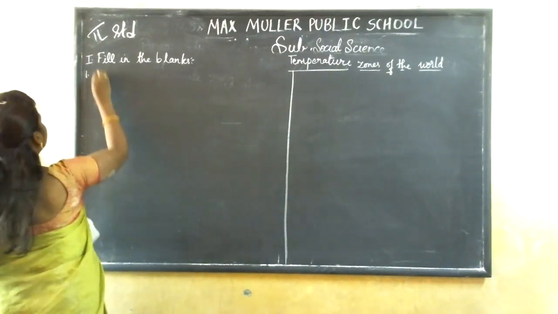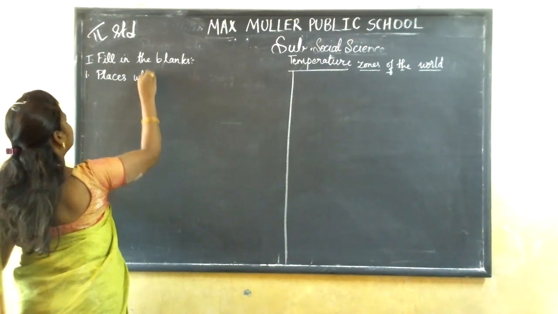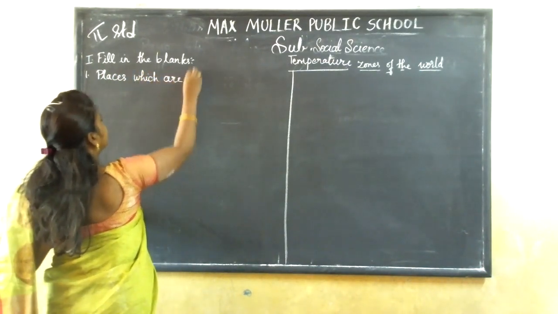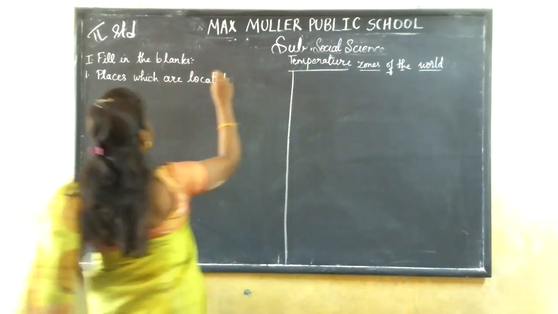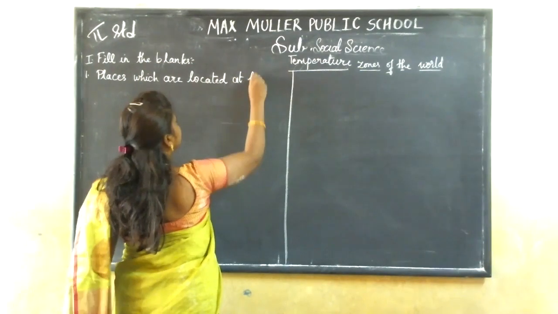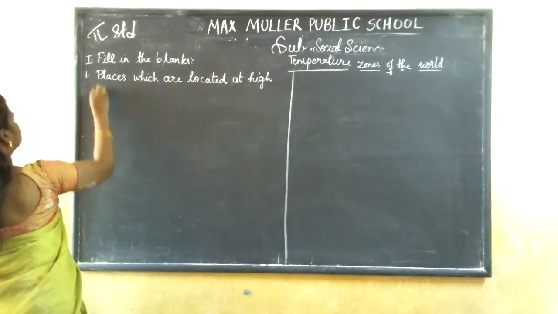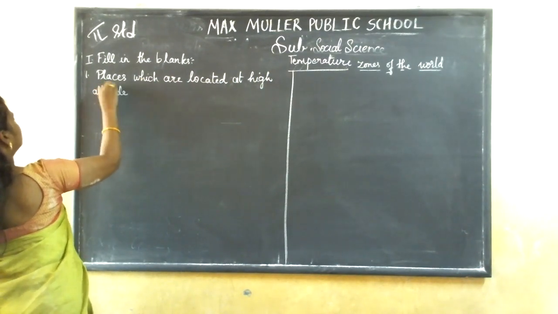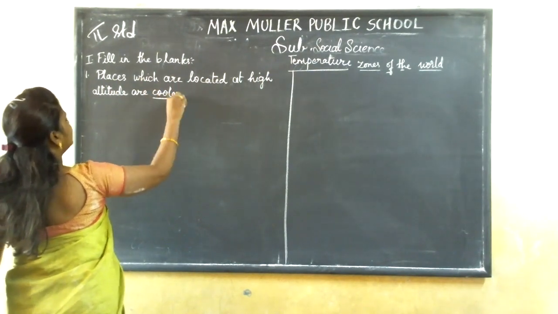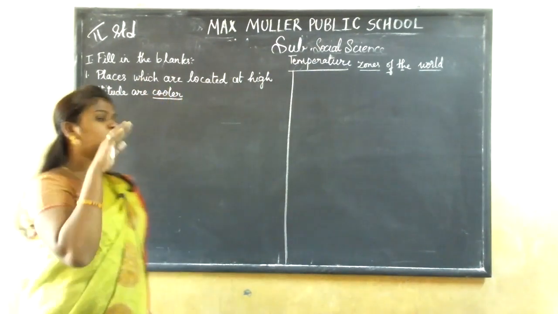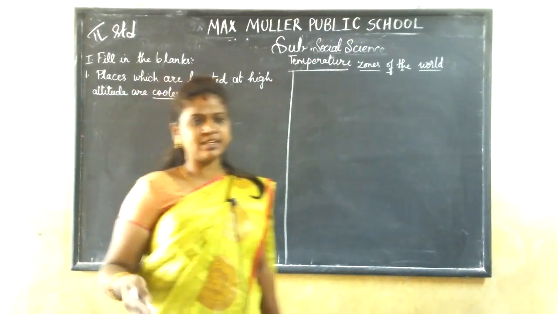So the first one: places which are located at high altitude are cooler. See children, when you go to the hill stations, like Ooty, Kodaikanal, so these are